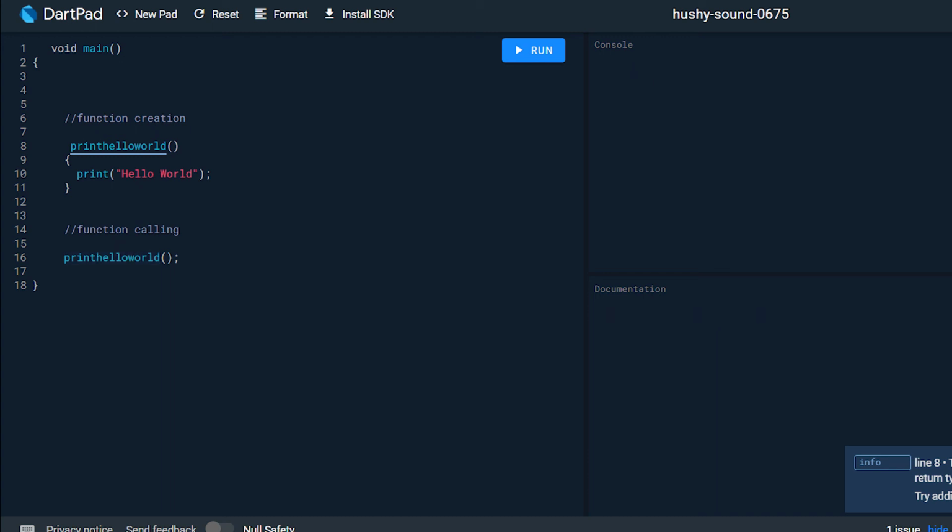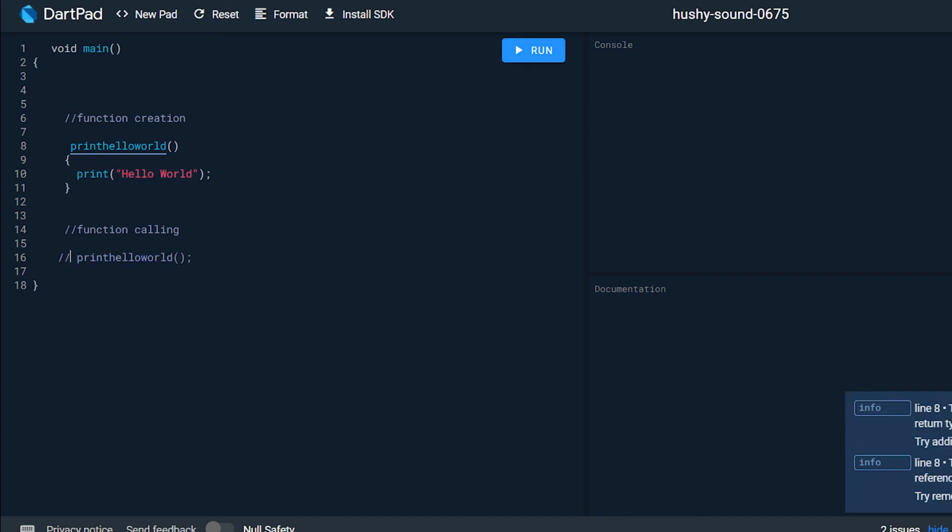Now let's see, if we do not call this function, then the code inside this function block will not execute. The code inside the function block will execute only if we call that function. So let's see. Comment this line and click on the run button.